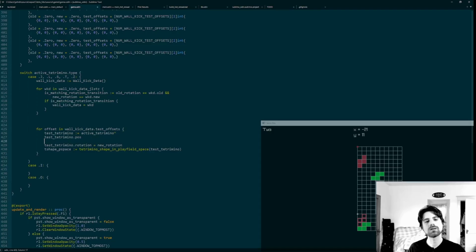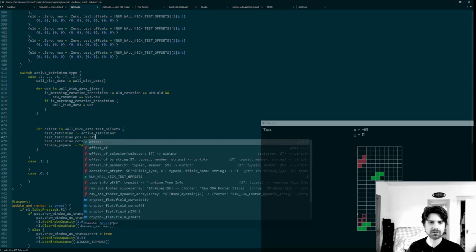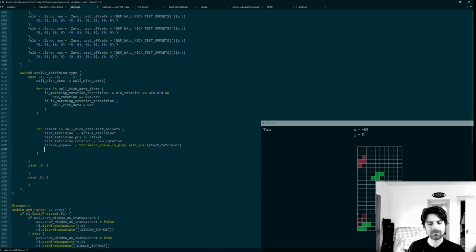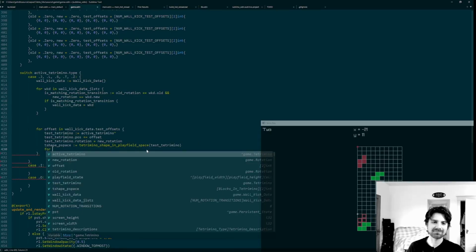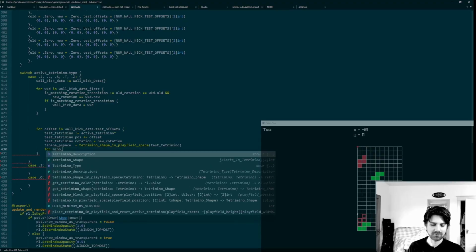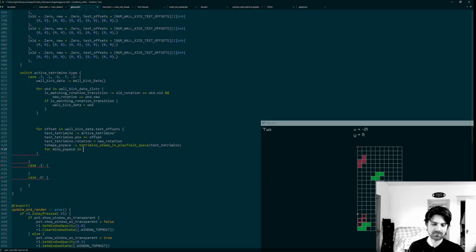What we're going to do is the test tetramino position plus equals the offset. The rotation gets set to new rotation. And this takes in a tetramino, and then it returns a tetramino shape. And then what we want to do is, for the mino p space in T-shape p space,